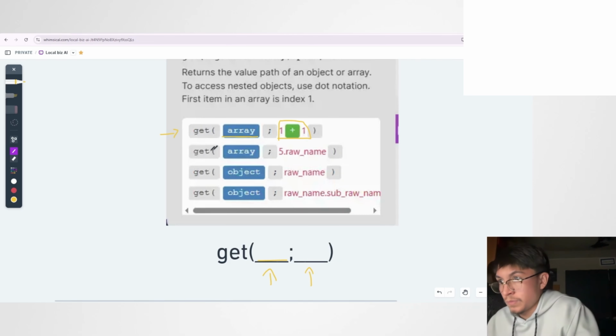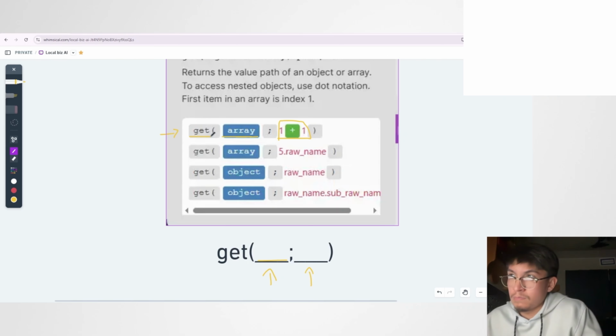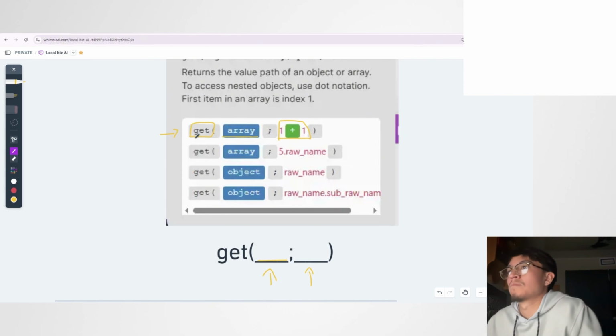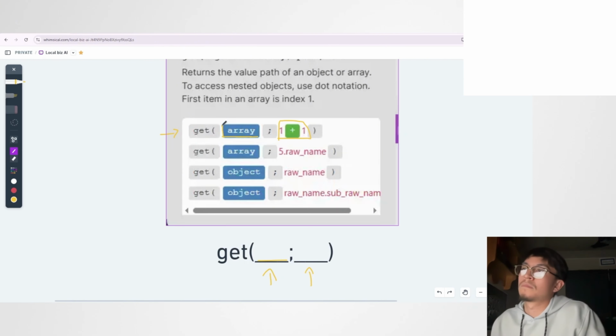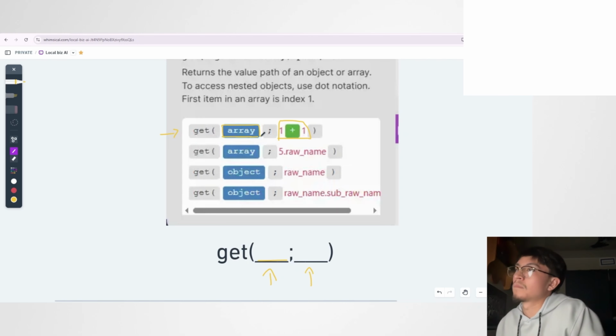What you're seeing right here is an example. What this tells the function is, I want you to get something. Remember, we are getting an item from a list. The next thing it's telling it is, I want you to get that something from this array. Again, the array is the list of emails. So this function so far says, I want you to get me something from this list, and the thing after it, what goes here, ignore this plus sign, by the way, terrible example, but this is the order of where that thing actually lives